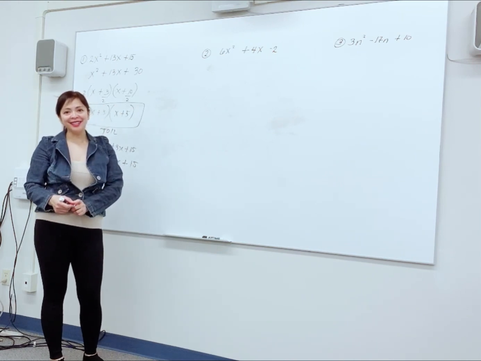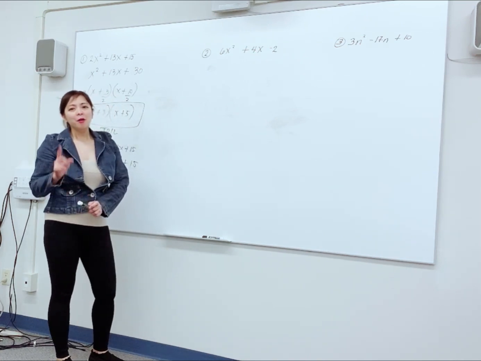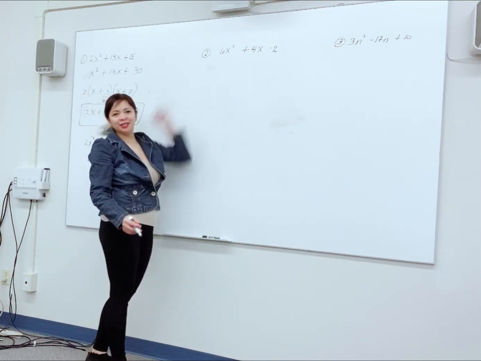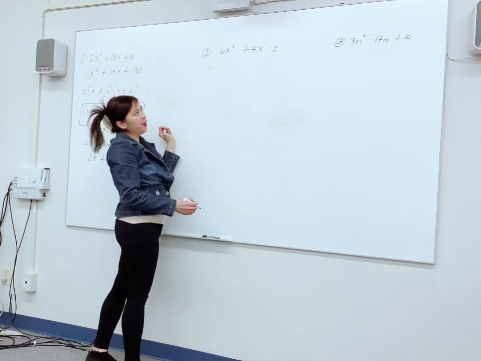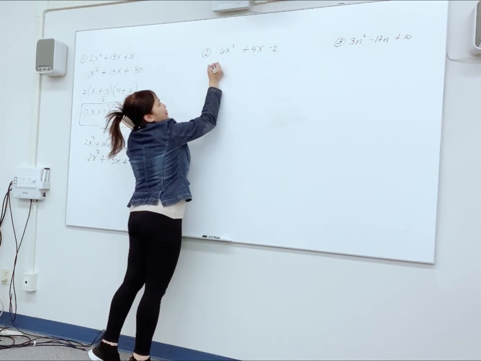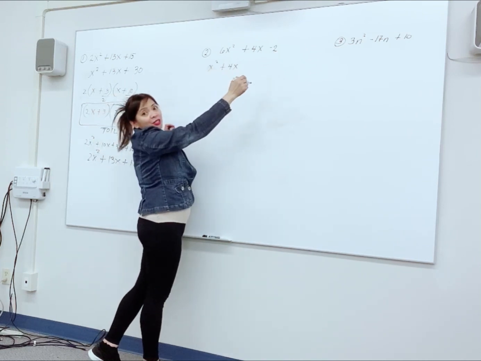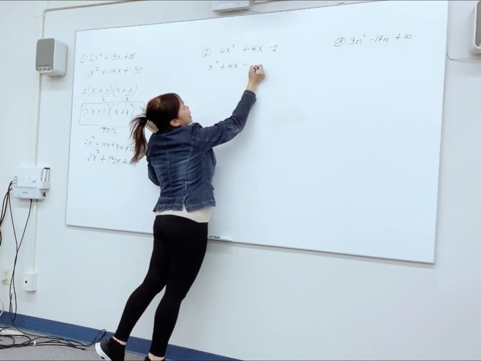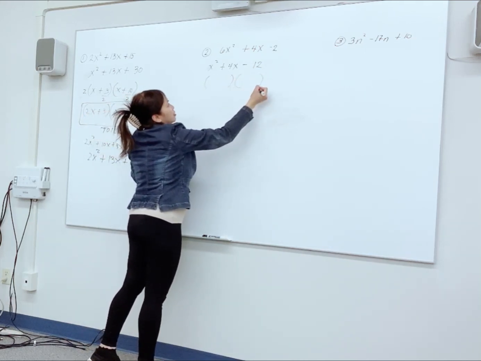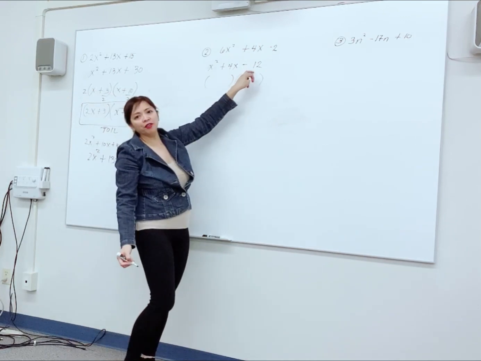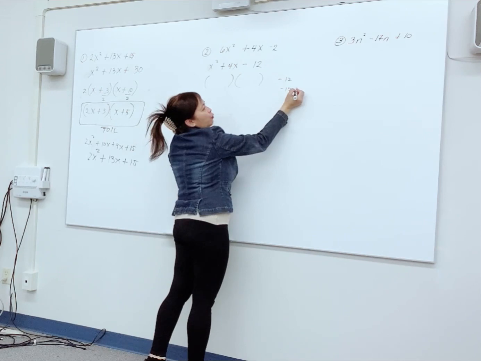Let's move to the second example. Again, what's the easiest way to get rid of the 6, the number before the x squared? Do this. Plus 4x. And multiply that to the last term. 6 of minus 2 is negative 12. And now, you can factor this out. What are the factors of negative 12? Negative 12 of 1,